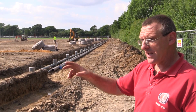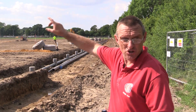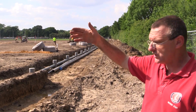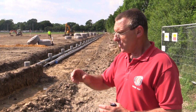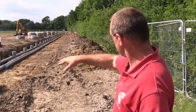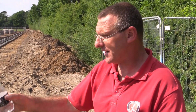From there, the idea is once connected, we'll pump back up to pump station number 1, which is sort of halfway in the site, if you like, which is between the main training ground and just before you go into pitches 7 and 8 and up to the community trust part of it, where it's pumped to a second pump station, and then from there it will return on another 250 metres up to the irrigation lake. So it's a water harvesting system where the drains will run into that, and then we'll get pumped back up to the lake where we can reuse the water if it doesn't get used up, and also collect the drainage